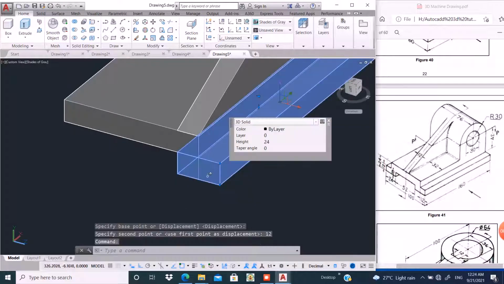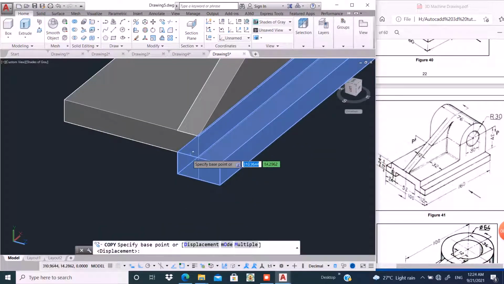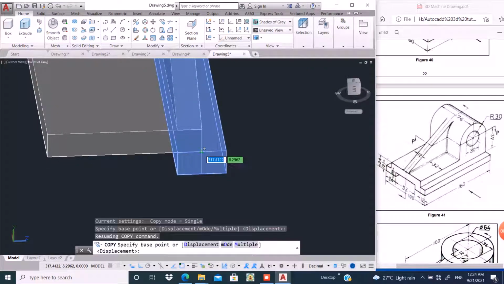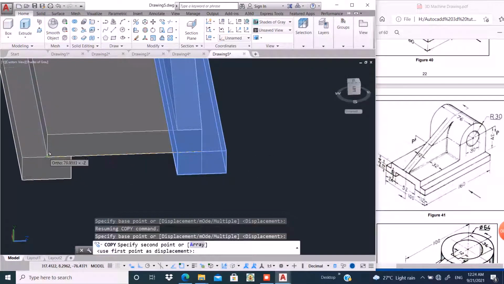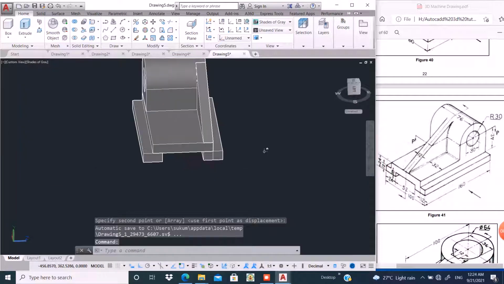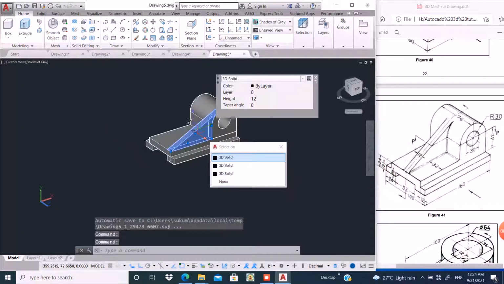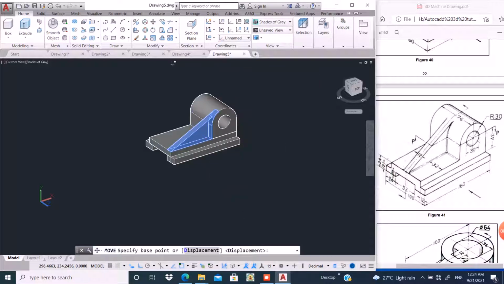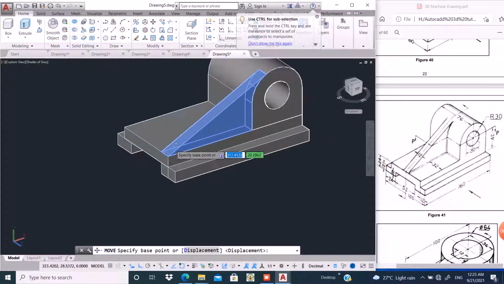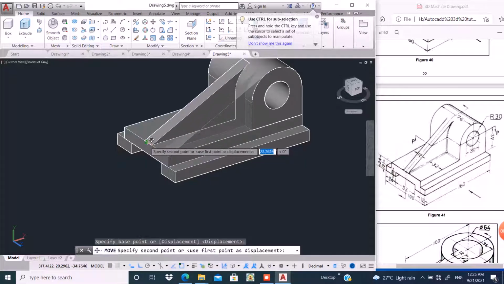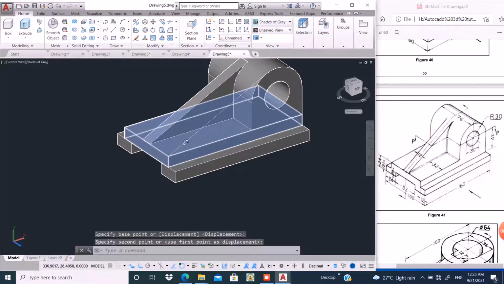Now again copy this object, click here, copy command, and click here and paste this here. Here it is, the drawing is almost ready. Now move this portion, click the object, take the move command, click here, midpoint exactly, and set it to the midpoint of that surface.